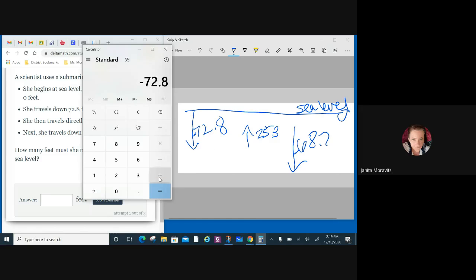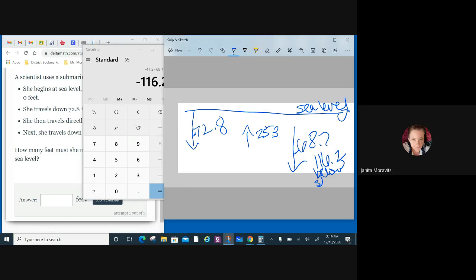All right, now she goes back up 25.3. All right, so she's still below sea level, and then she's going to go further down below sea level because now she's going to go 68.7 feet down. So when she's all said and done, she is at 116.2 feet